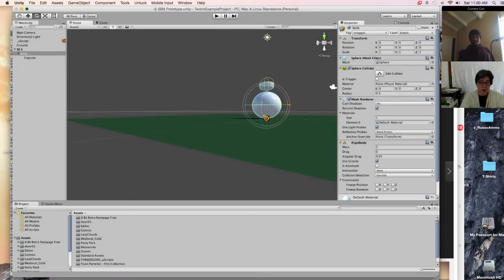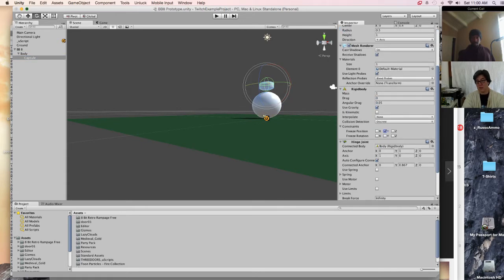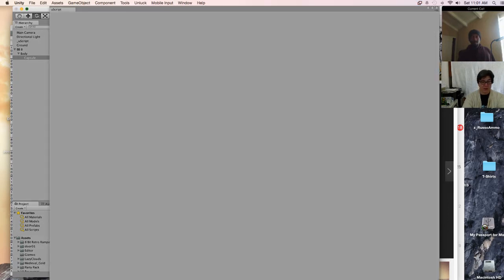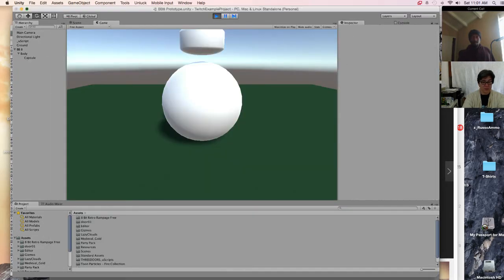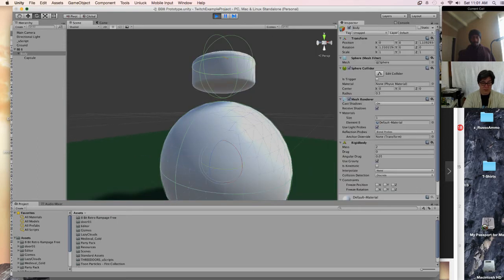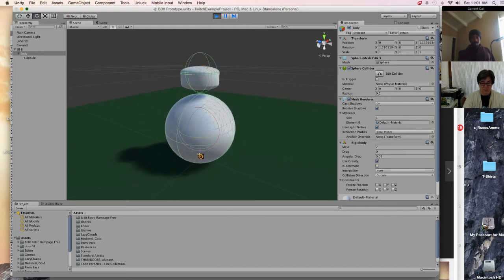No. What we want is for the head to stay where it is. So let's freeze position Y. Sorry, not on the body, on the head. Let's freeze position Y. That means that, in the physics simulator, it won't move up and down. Right? So let's try that and go back to our scene. Let's play around with it. Actually, I think today just turned into a physics lesson. Let's just stick with it, right? So physics colliders and stuff.